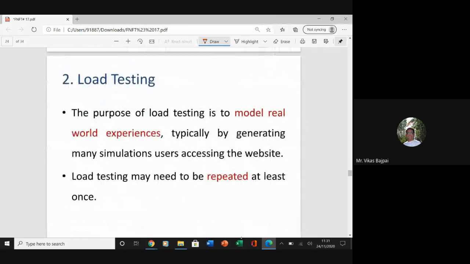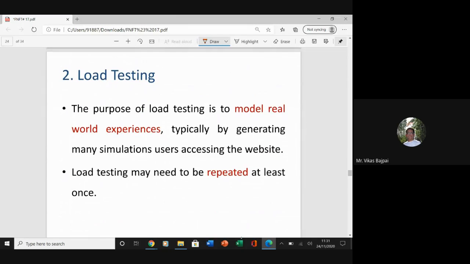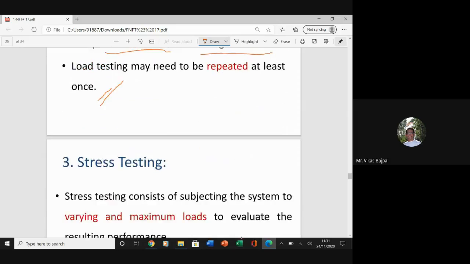During, let's say, the upcoming Black Friday sale, obviously all these websites, Amazon.com and other websites, will see unusual traffic. Then the load testing. So the purpose of load testing is to model the real world experience, typically by generating many simulated users accessing the website. So load testing may need to be repeated at least once in order to get an idea about the capability